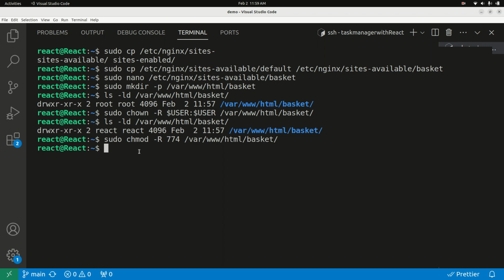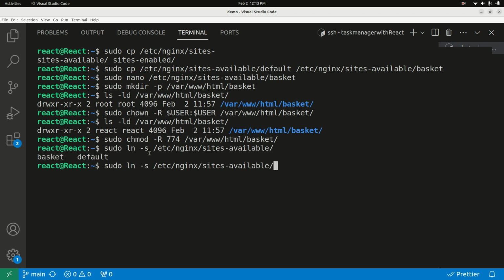So what is next? We have created this new site basket, but this site is not enabled, so we need to enable this new site. That's how Nginx will know to serve this. Now let's create a symbolic link from sites-available to sites-enabled. So how do we do that? Sudo ln, for link, -s. From where? From /etc/nginx/sites-available. And what's the site we're trying to link? basket, to /etc/nginx/sites-enabled. That's all. Once I hit enter,